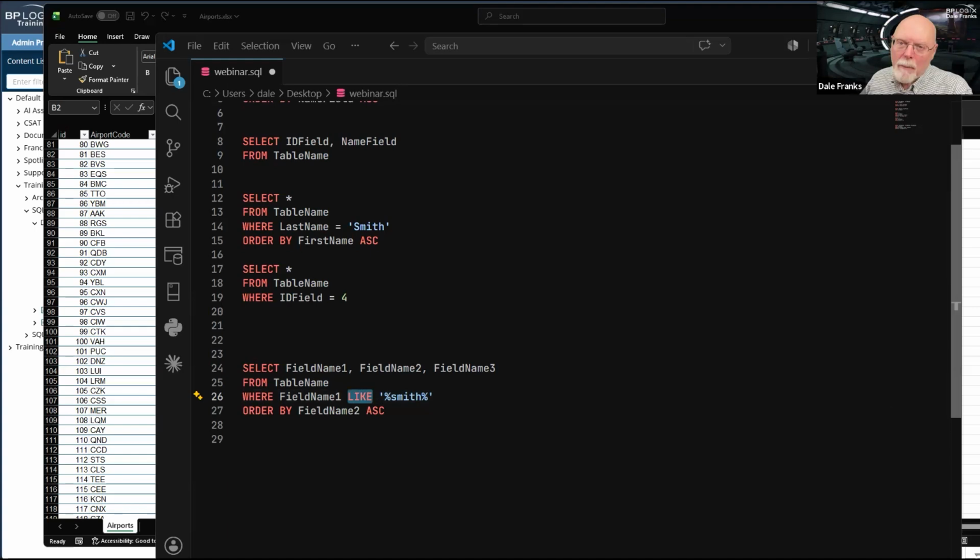I'm using the like operator. The like operator in SQL Server is very similar to the contains operator in Process Director. So whenever you are building a condition in the condition builder, I often tell you to use contains for a couple of reasons, because Process Director and SQL Server have the same sort of operation.